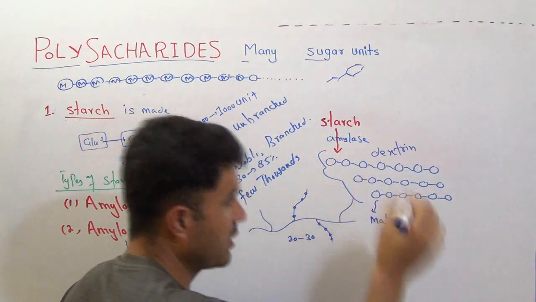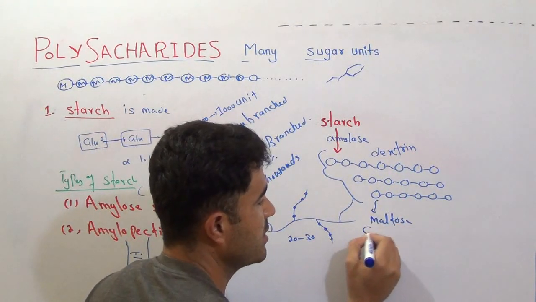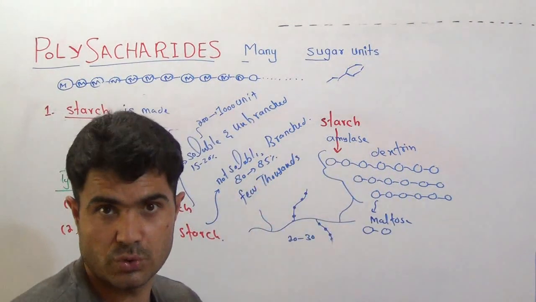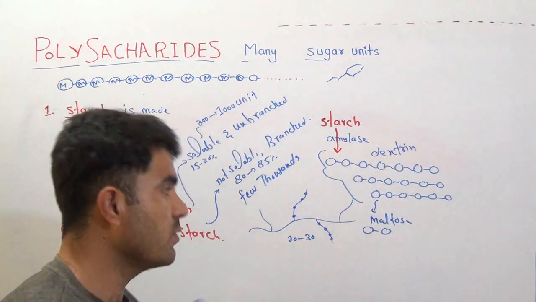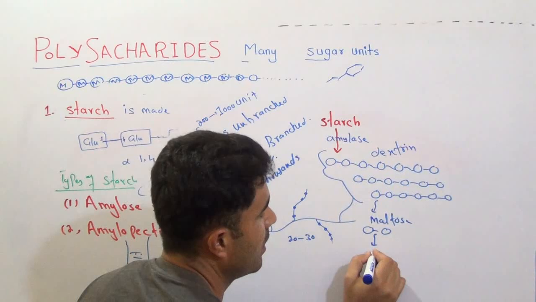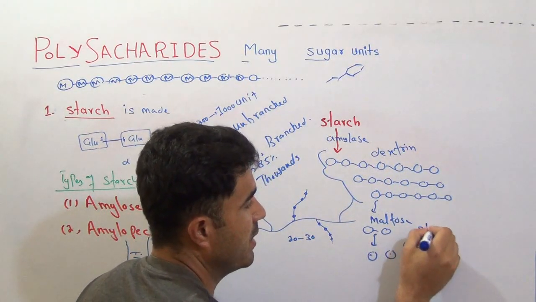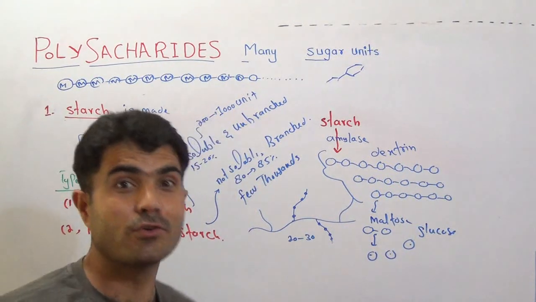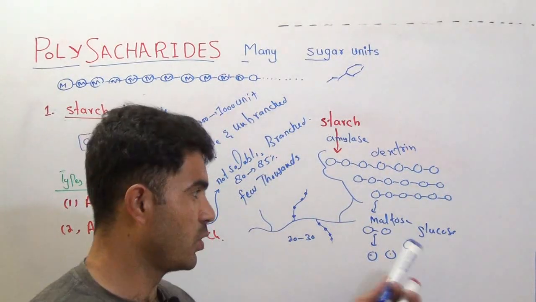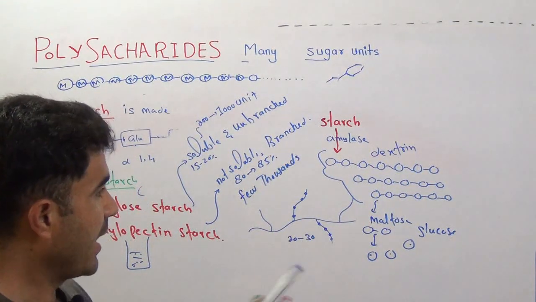So yes, further hydrolyzed you will get maltose, and maltose we know very well. Maltose contains how many units? Only 2 units. So you will get a lot of maltose disaccharide. And if you continue hydrolysis, finally you will get many glucose units, a lot of glucose units. Furthermore, you can't hydrolyze it more because glucose is the ultimate final unit, the smallest unit of the starch. Okay, and then